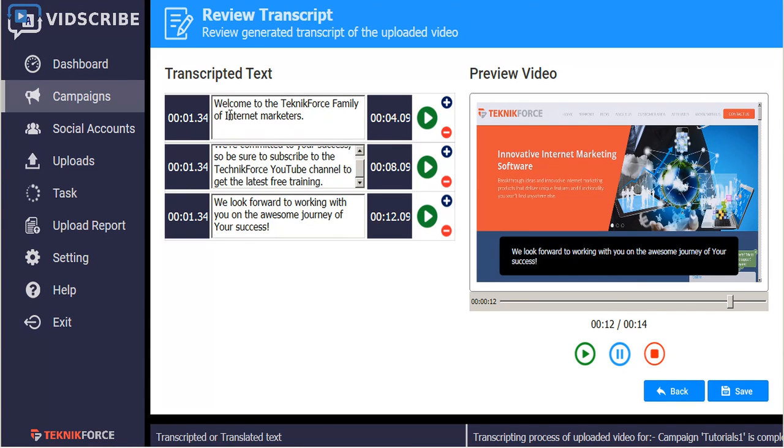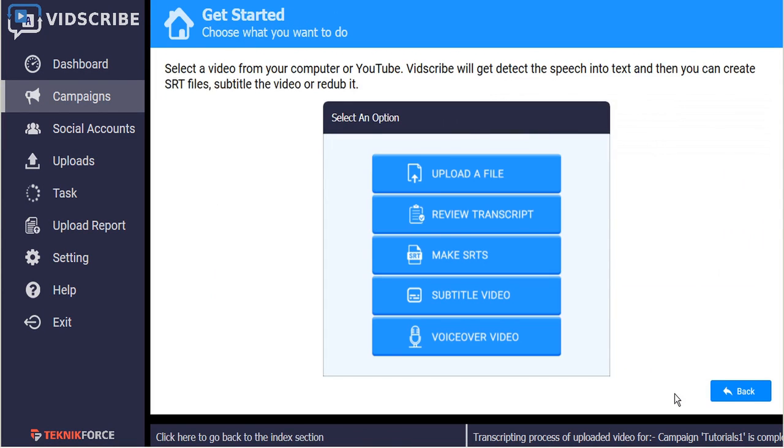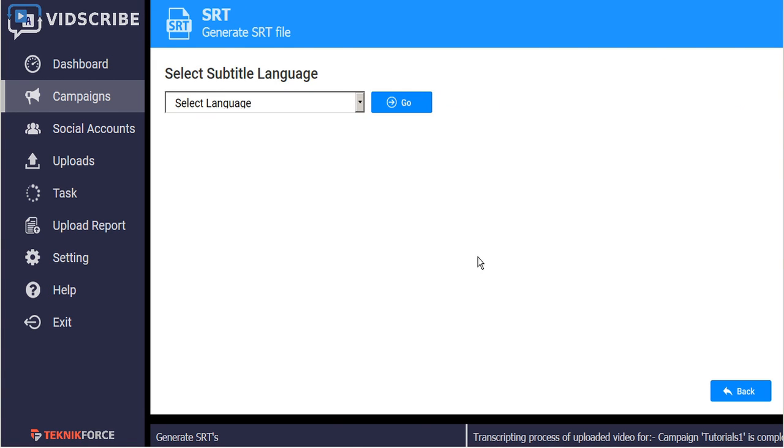Okay, now that we have our proper original language transcription saved, let's go back, and now we can start making some translations in various other languages. So SRTs are subtitle files. They're a file that contains the text of the video as well as the time codes. So let's go ahead and click on Make SRTs,